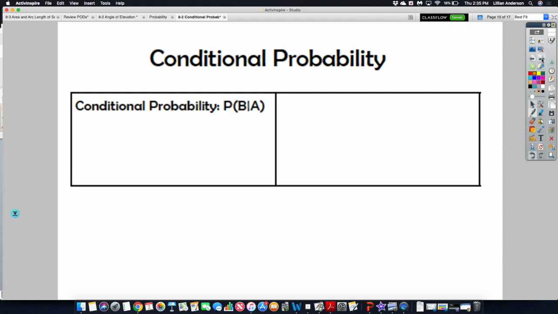You're only looking at a particular set of outcomes out of the total, okay? So, this right here, which you see beside the words conditional probability, is the notation that indicates conditional probability. Okay? The vertical bar between the two events indicates conditional probability, which basically means the probability